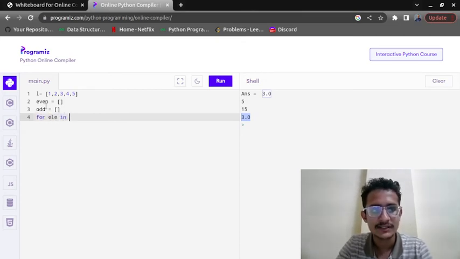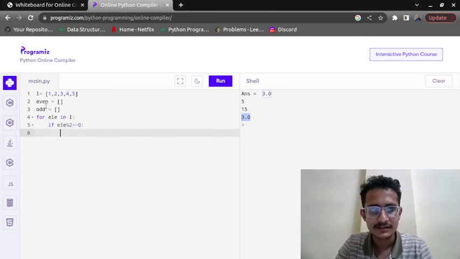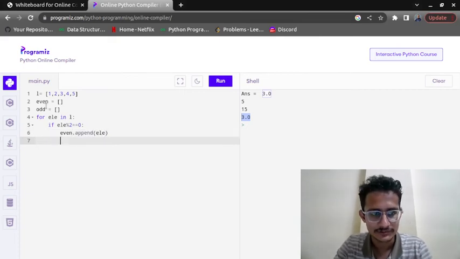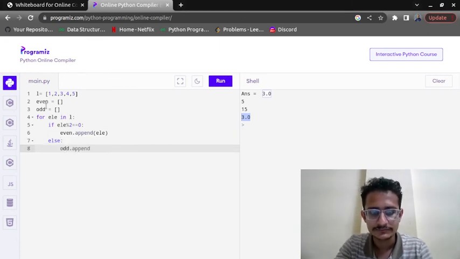For element in the list, I need to check if element % 2 == 0. The double equals is for comparison. If that remainder is 0, I will add it in even. So even.append, which we studied yesterday. Else, I will add it in the odd list.